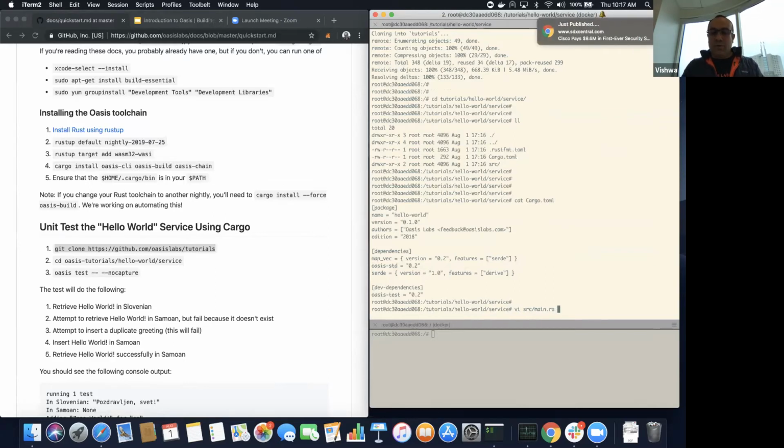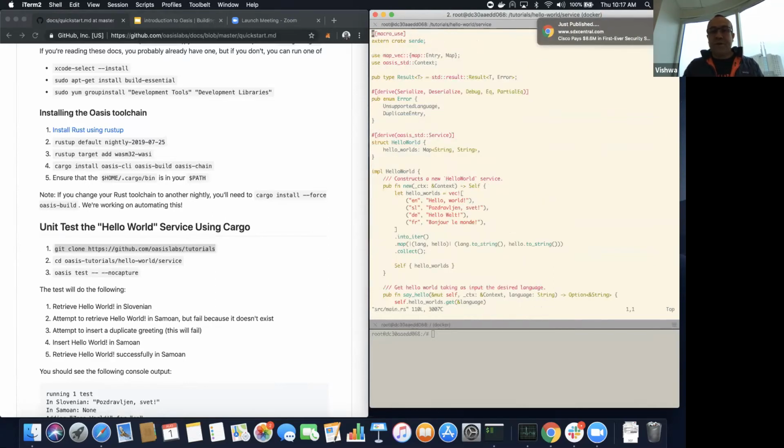So if we go to main.rs, you'll see that the hope here is that the code that you see over here is going to be as close as what you would write where you're not targeting a blockchain platform, right? So that is the goal.